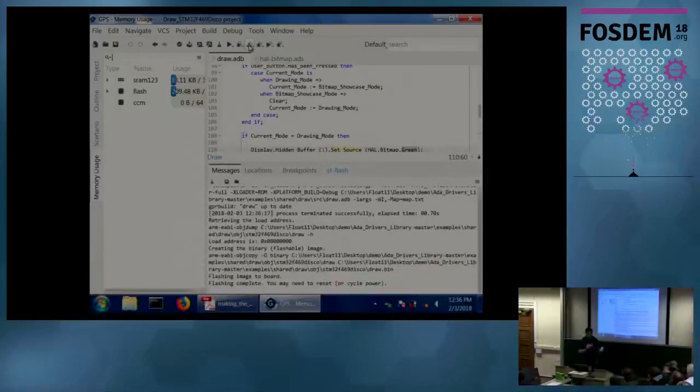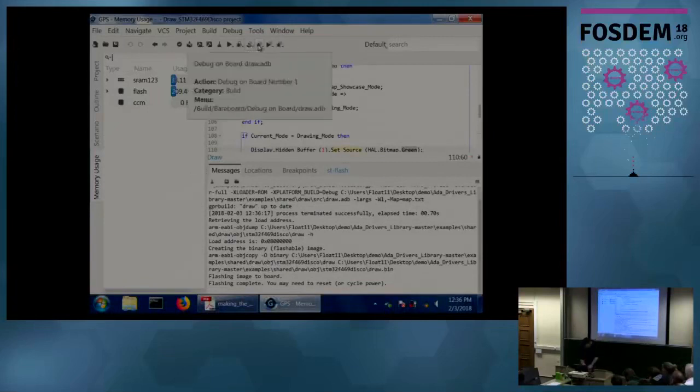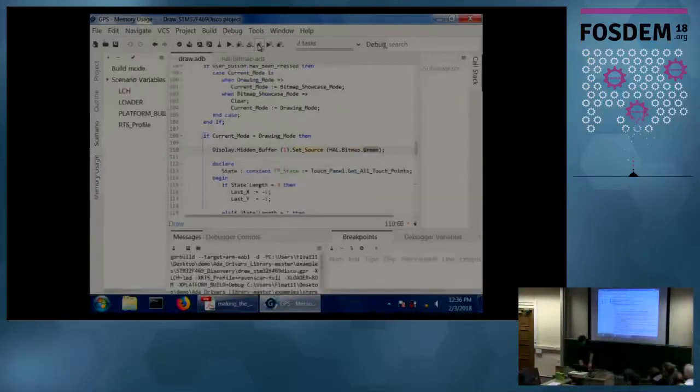So that's why developing on embedded is slow. And I have to reset it, and this should work. So it's drawing, it's just a simple drawing example. Now, if I want to debug my application, I can use this button over here, debug on board, and this